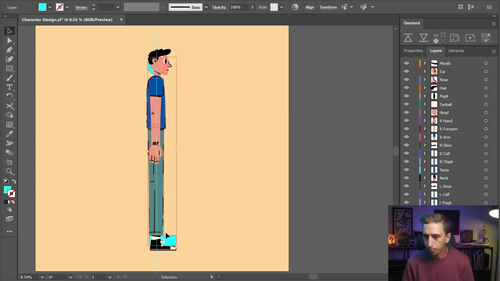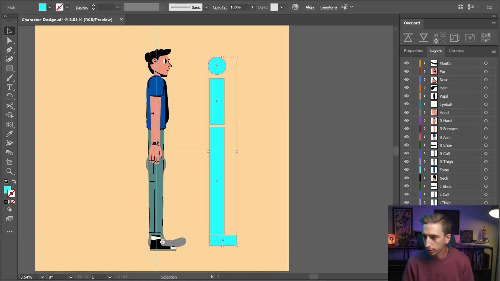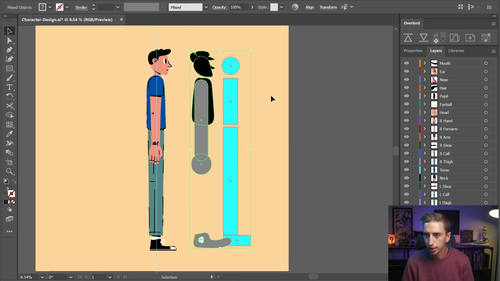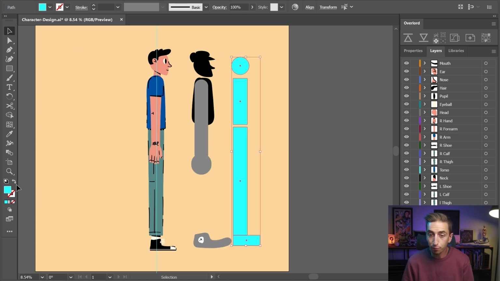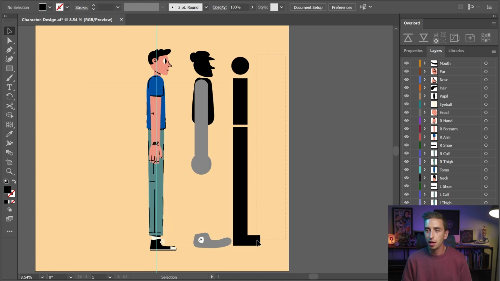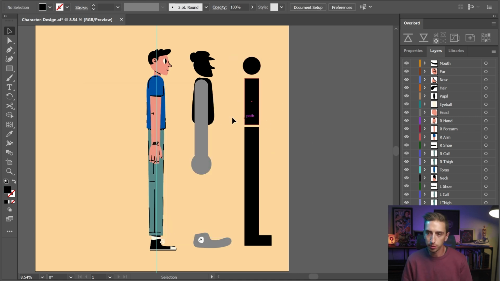First of all, let's grab my proportions guide that I started with and the sketch and just compare how those look to my final design. You know, the very most basic version of my character was very simple. I'm going to make this just a black color so it's easier to see. I was just blocking out the basic proportions, and they changed a little bit, but that was a good starting point to base my initial sketch on, which was right here, and getting a sense for the scale of the hands and the limbs. I don't know what happened to my leg here, but even just the shoe and basic shape of the head. So I just iterated on this until I got to a point where I decided, okay,